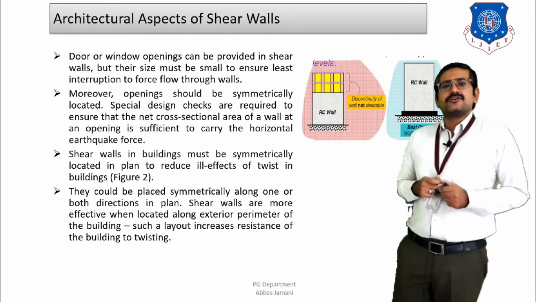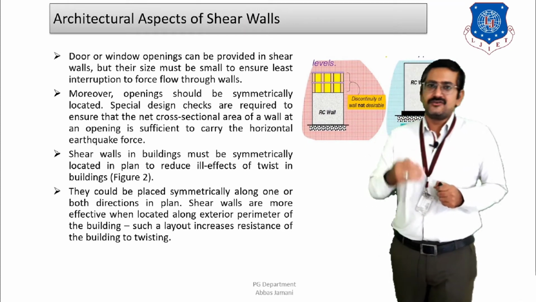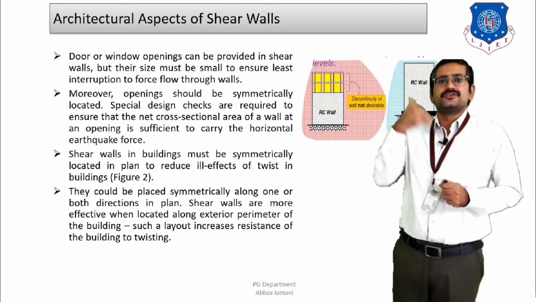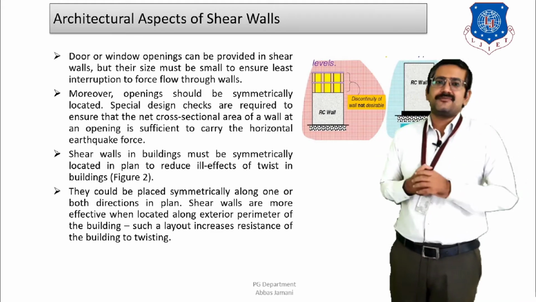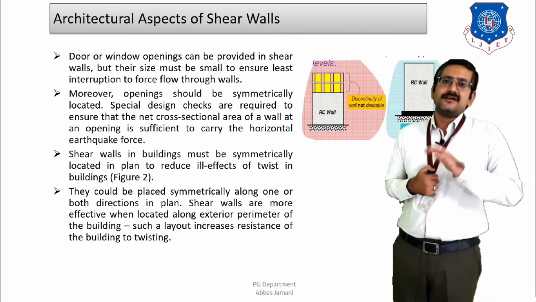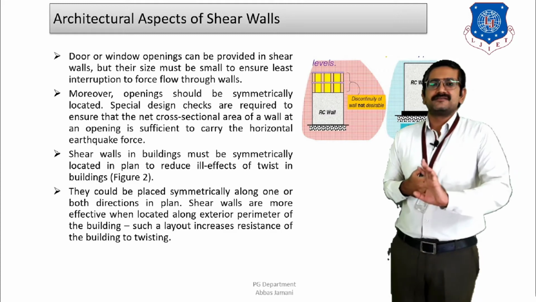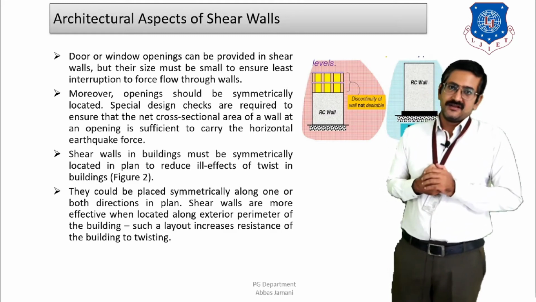Right. Next, we talk about the architectural features of the shear wall, because basically it is a wall which is going to be vertically oriented, right? So when it is vertically oriented, the question of whether we can achieve a particular type of elevation or not always remains in the mind. For example, if it is a masonry building, then we are pretty much okay that we can provide sufficient door openings and window openings, and nothing is to be cross-checked over there.